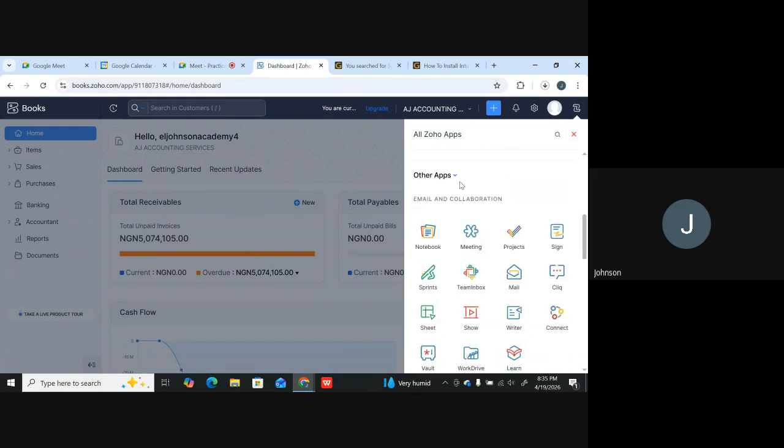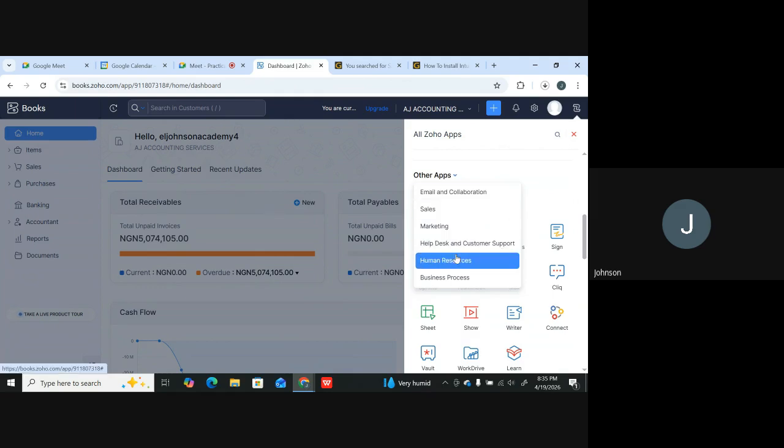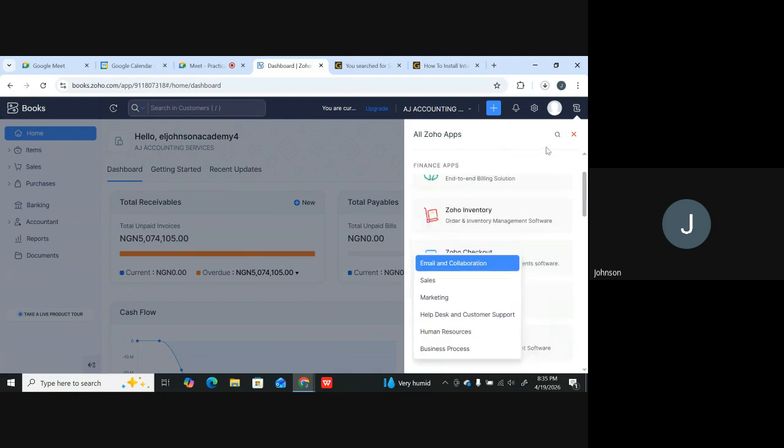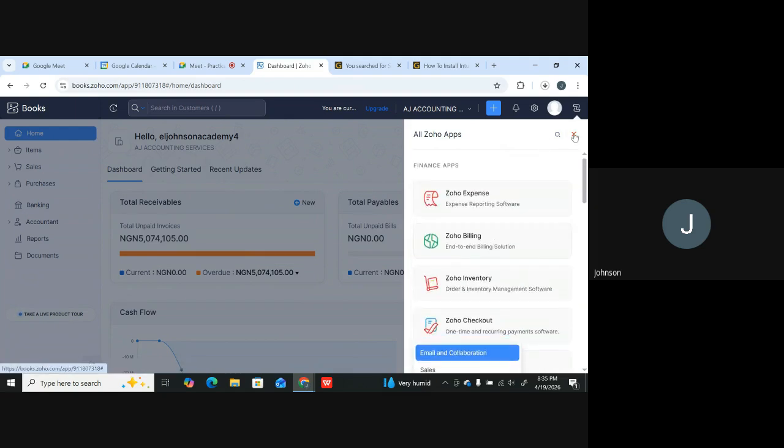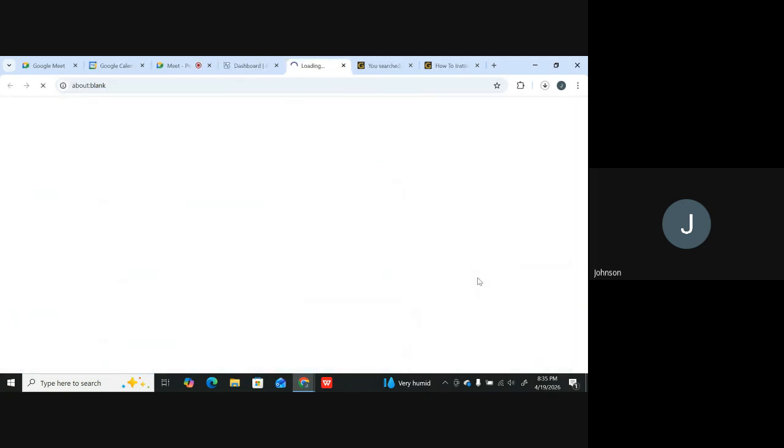We can also click on other apps. Other apps we have are human resources, business process, marketing, sales, and so on and so forth. Okay, that being said, let's now continue. Now we just need the inventory. You click on the inventory app, what we've done before. Once you click on it, then